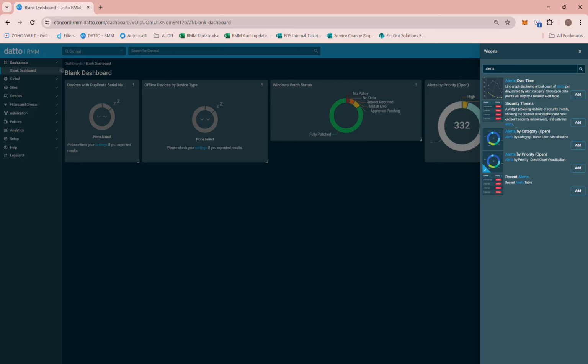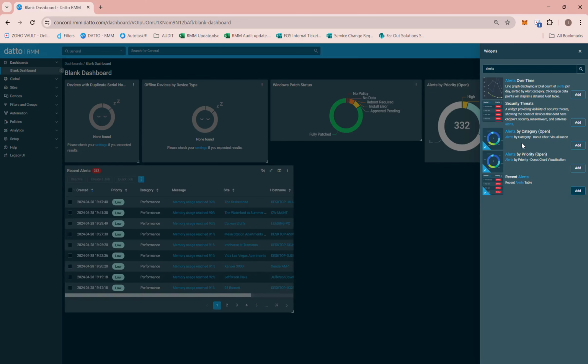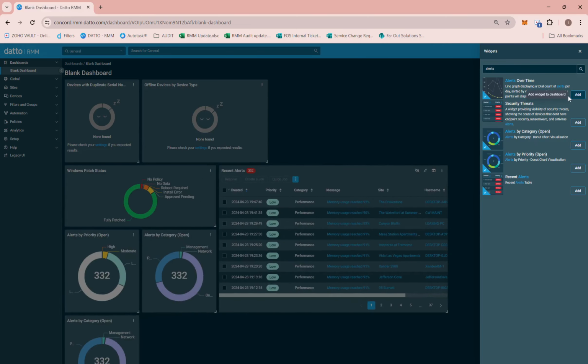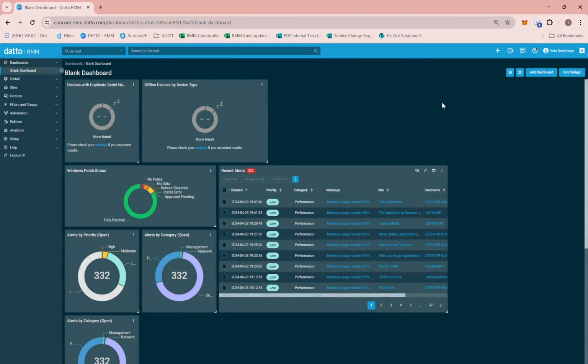Let's go ahead and add alerts by category, and then let's also add recent alerts and alerts over time. As you can see, they were added to your blank dashboard. Next is network traffic.